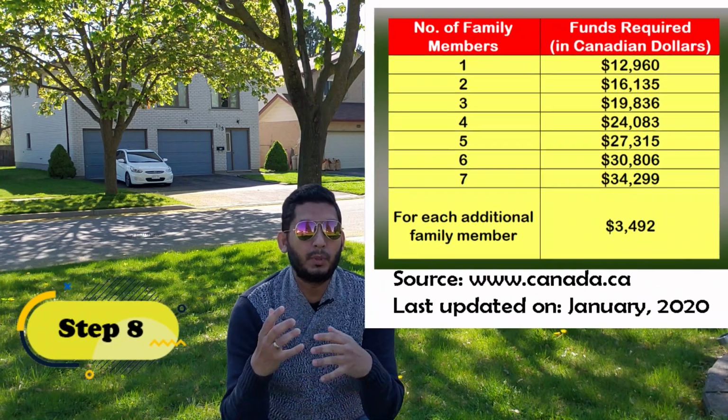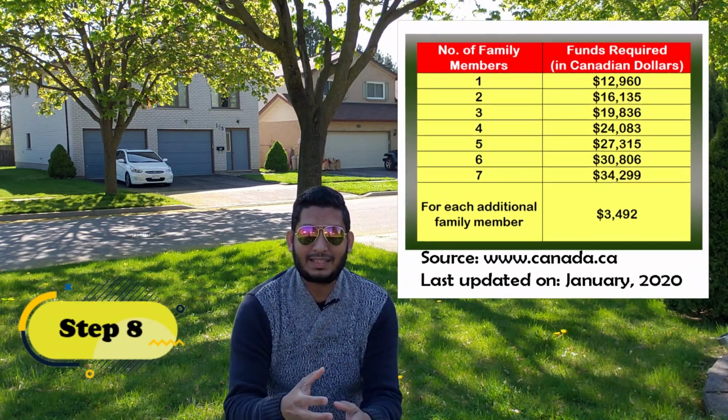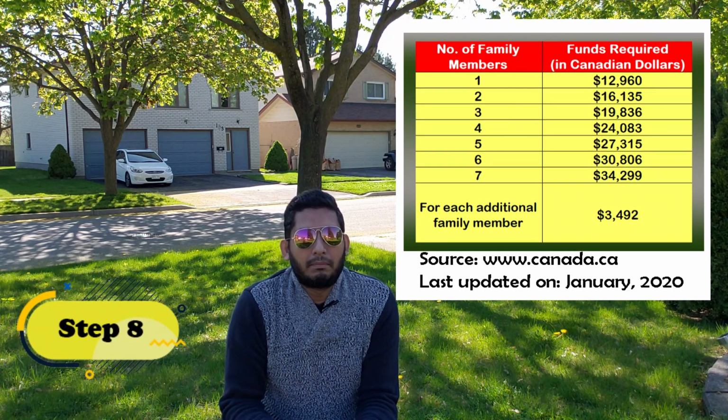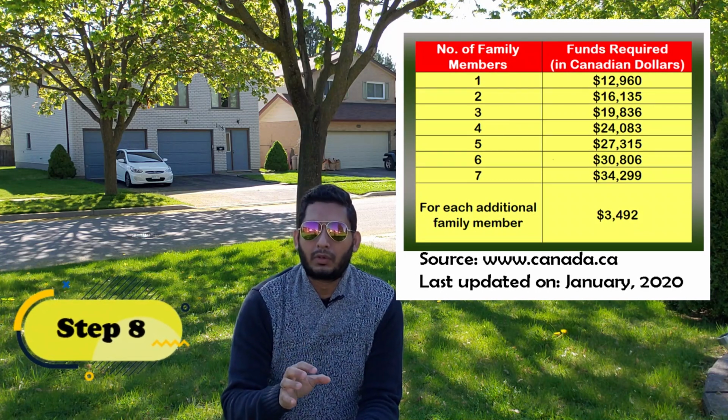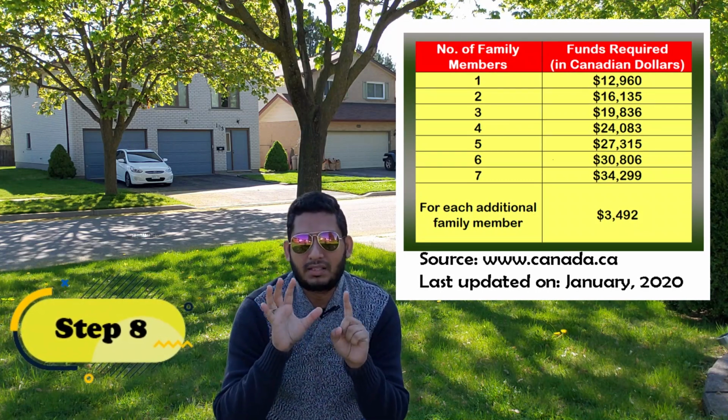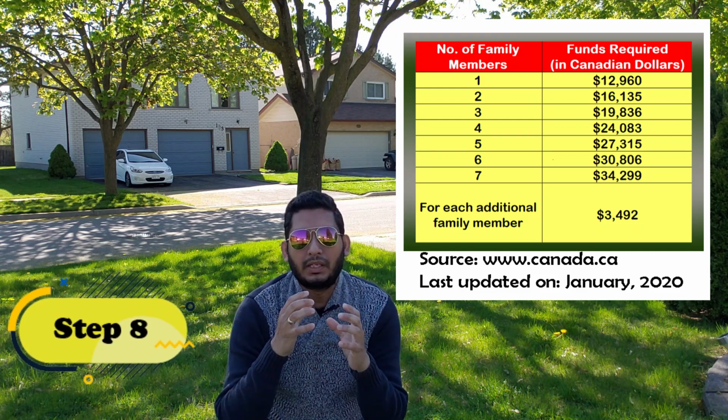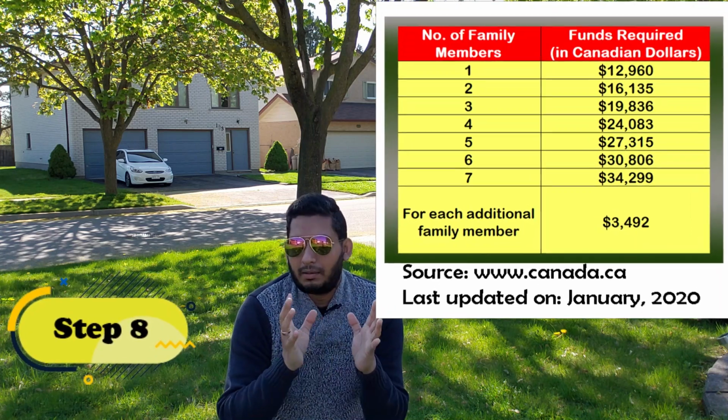That means if you're coming to Canada, how much money you will actually bring to Canada. Okay, again, this totally depends on your family size, right? But to give you a very nearly accurate idea, I will refer you to step 3, which is proof of fund. So the proof of fund is designed in such a way, probably that will cover your initial 6 months cost. That means if you bring equivalent to that money, you shouldn't have any problem to survive your initial 6 months,